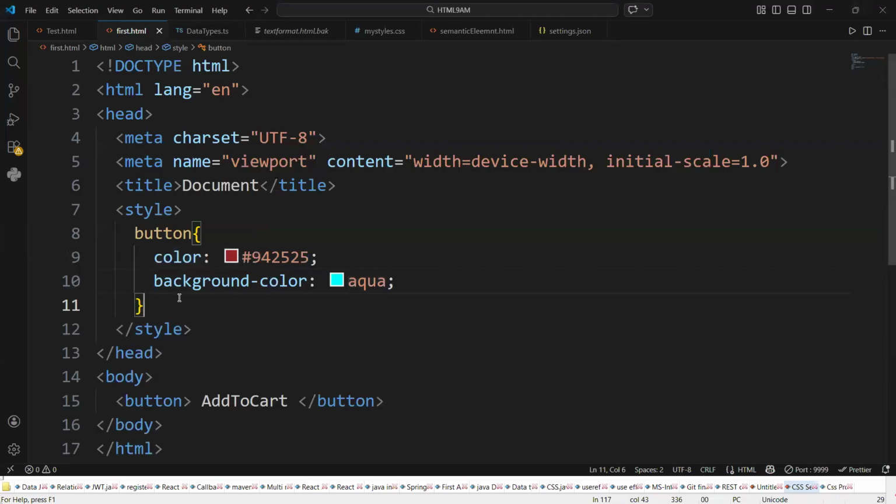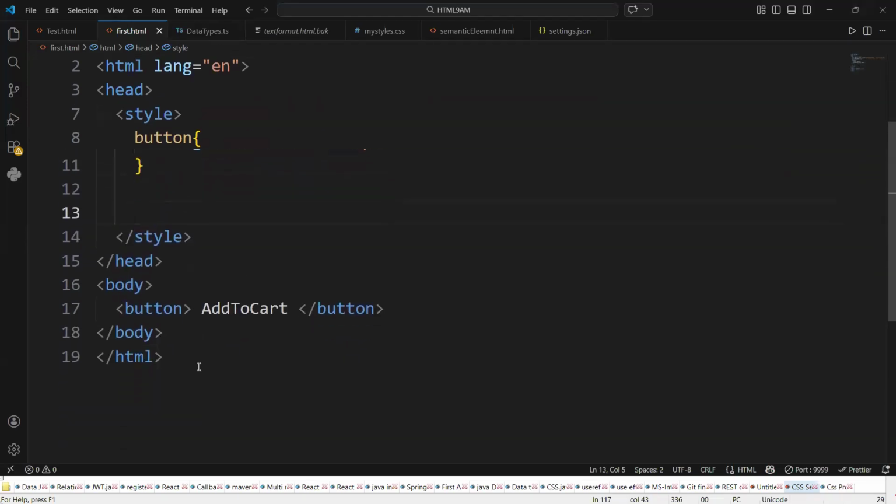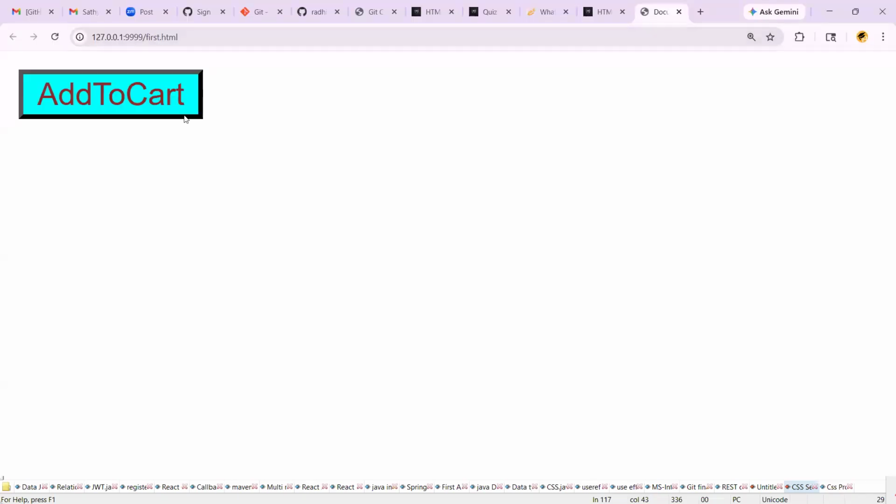So on the button type we apply the data. But when you place the cursor on the button, the process of placing the cursor on the button is called the hover concept in CSS. You place the cursor over here, that is called the hover concept. When you hover the button,